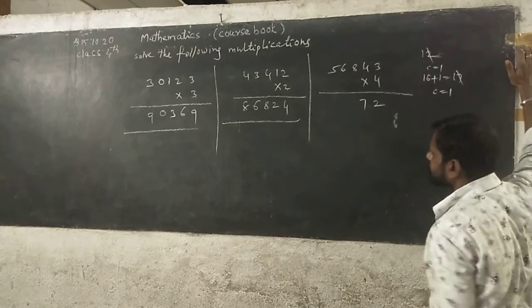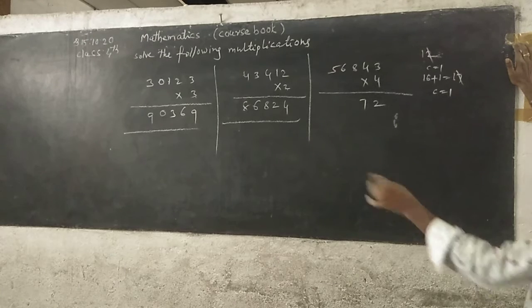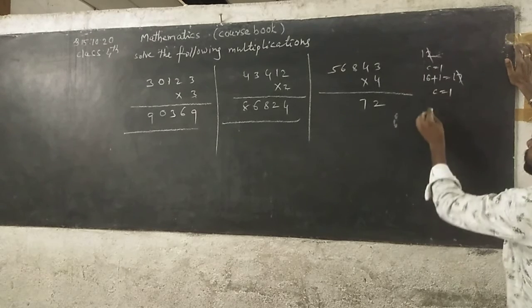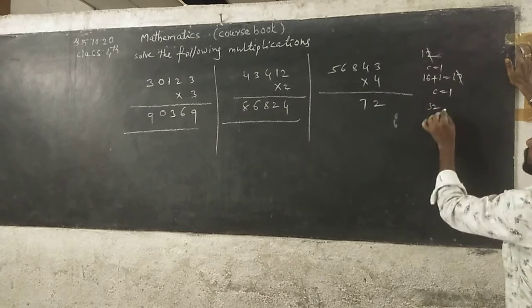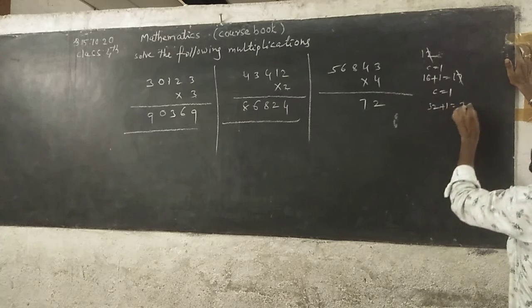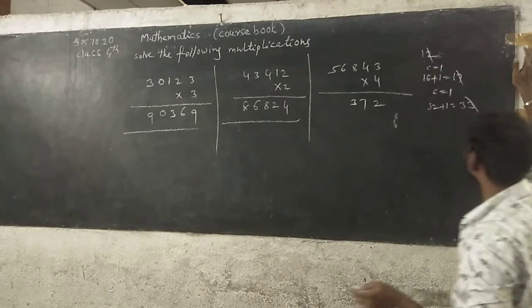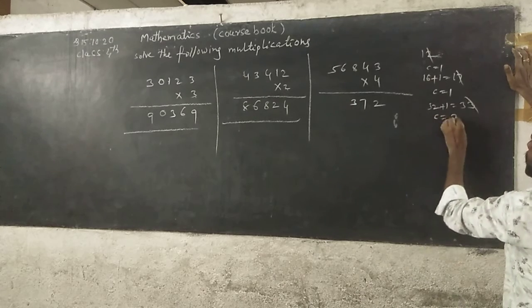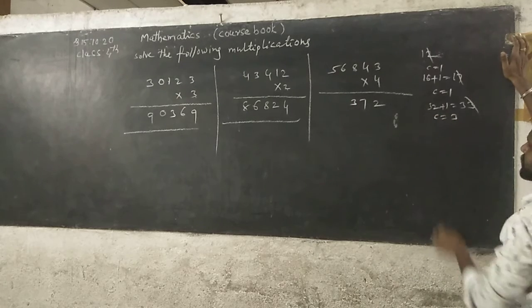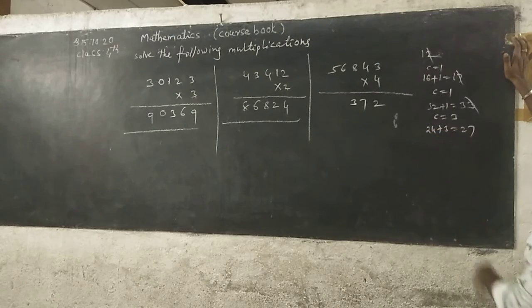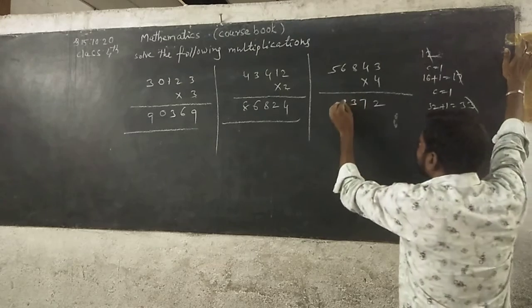According to their places you can write the product in their places only. See here, next 4 8s are 32. 32 plus 1 is 33. In it, 3 you take and write down in the hundreds place column of the product. Now here carrying what, beta? 3. Next 4 6s are 24. 24 plus 3 you get 27. 7 you take, write down here, beta.